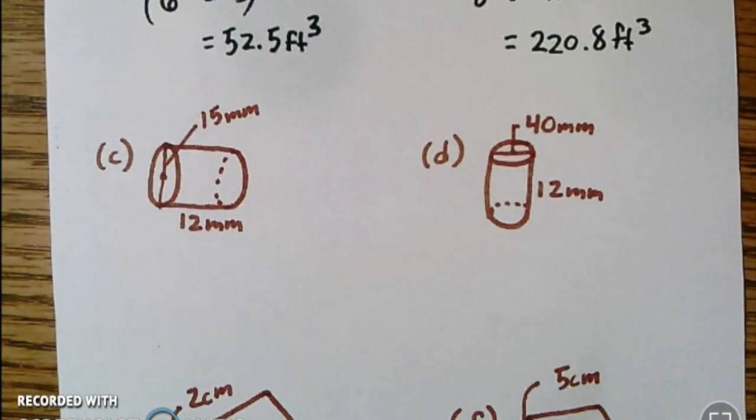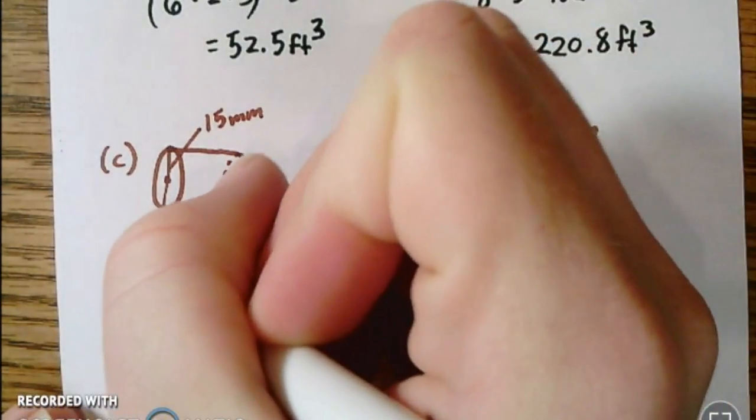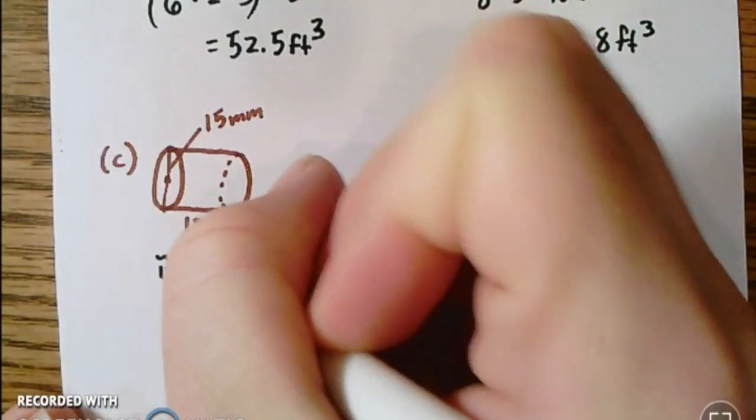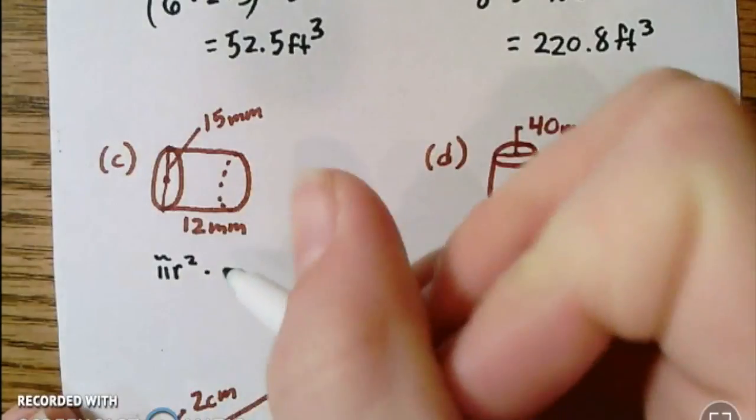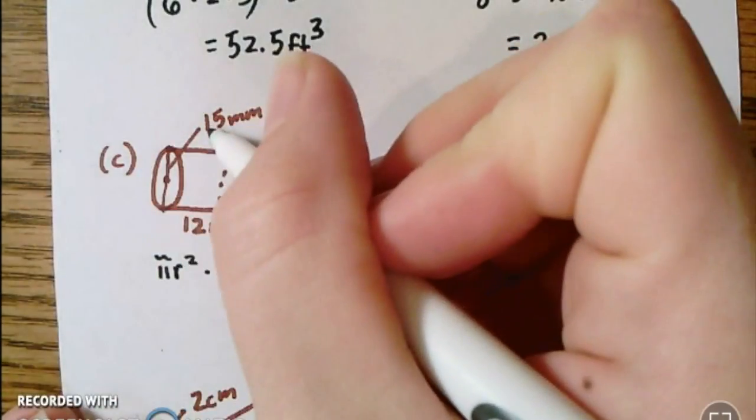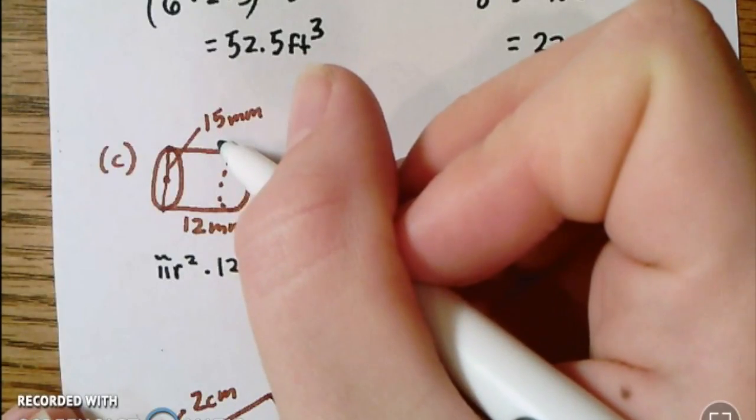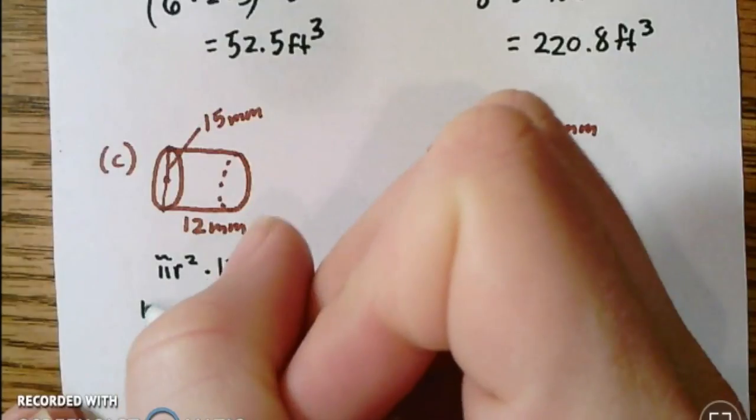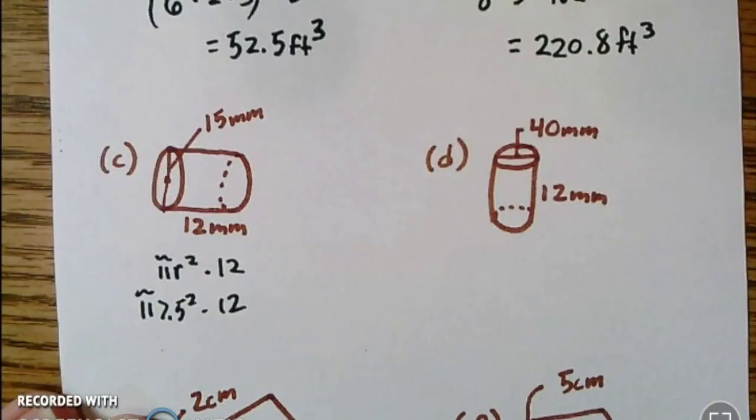So this is a cylinder. The area of the base, we're going to use pi r squared, and then we're going to multiply that times the height. The height here is this 12. Our radius is half of 15, and half of 15 is 7.5. So we've got pi times 7.5 squared times 12. So 7.5 times 7.5 times pi is 176.7, times 12